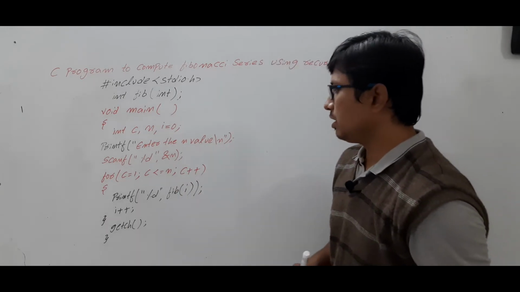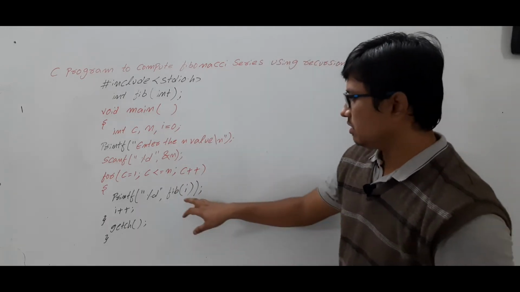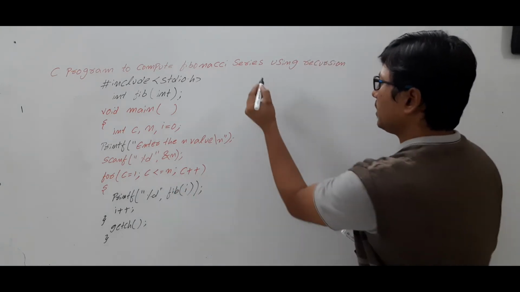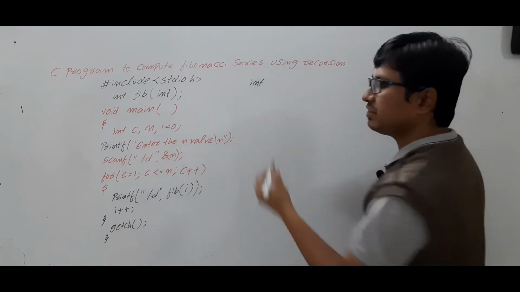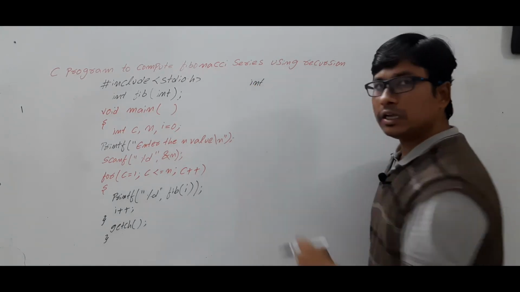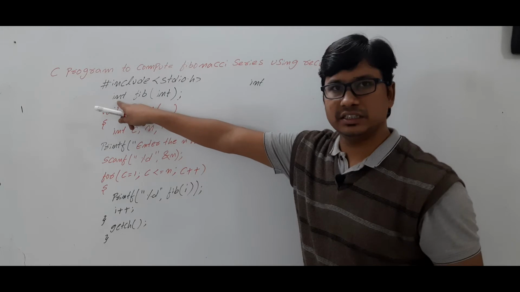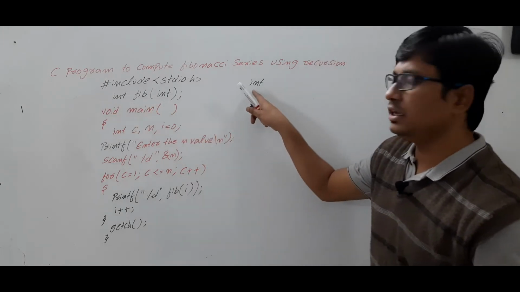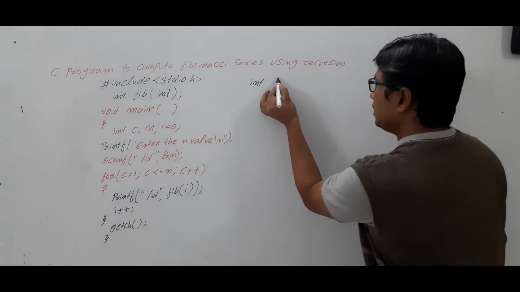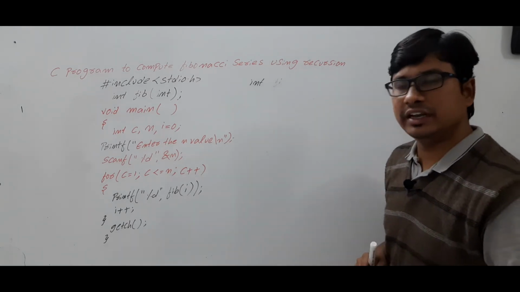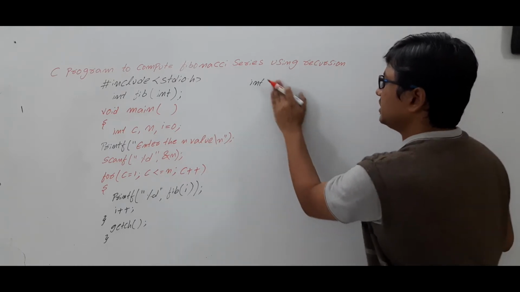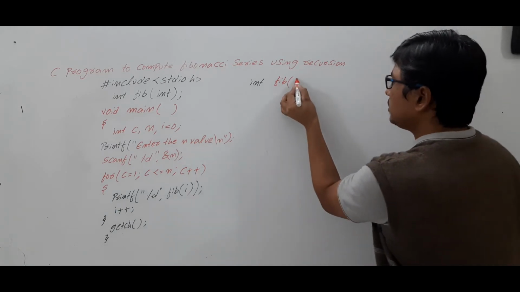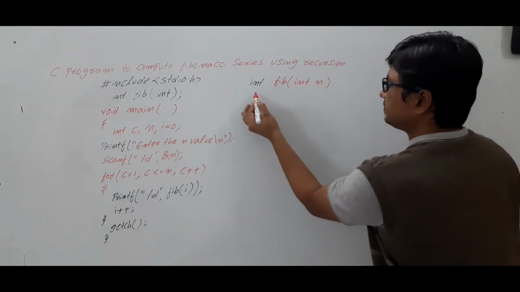function also. Now the main task is the function definition of fib, which is a user defined function. Okay, so again the function definition will have the return type. The return type should match with the declaration return type. As in the declaration we have specified that it will return an integer value, here also the return type should be int, and the name of the function should also match with the name you have given in the function declaration and function calling, which is fib, and here you are writing int n.